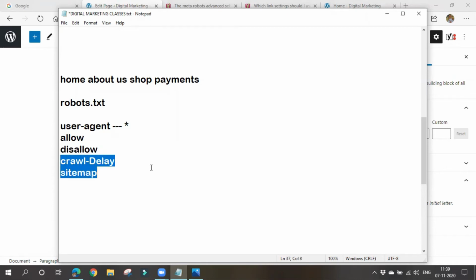Crawl delay: every two to three days, or weekly, Google crawlers will come to our website and crawl our content. There might be content or images changing, or we might be writing some extra content, so Google crawlers will come now and then, in some random manner, and crawl all the content.